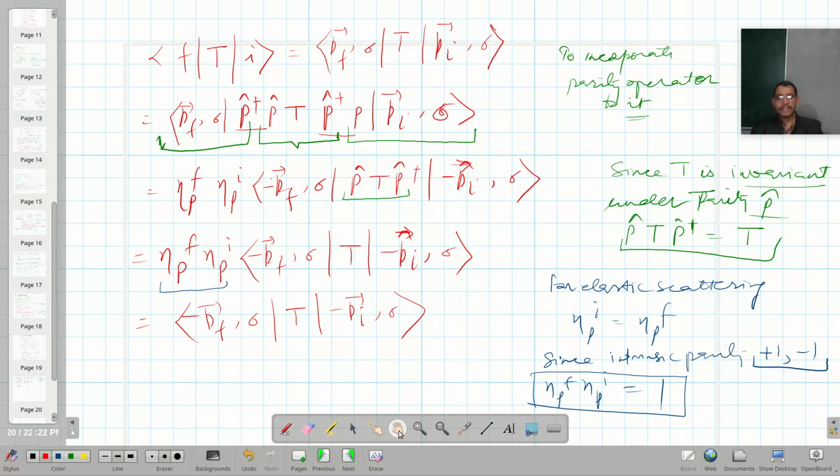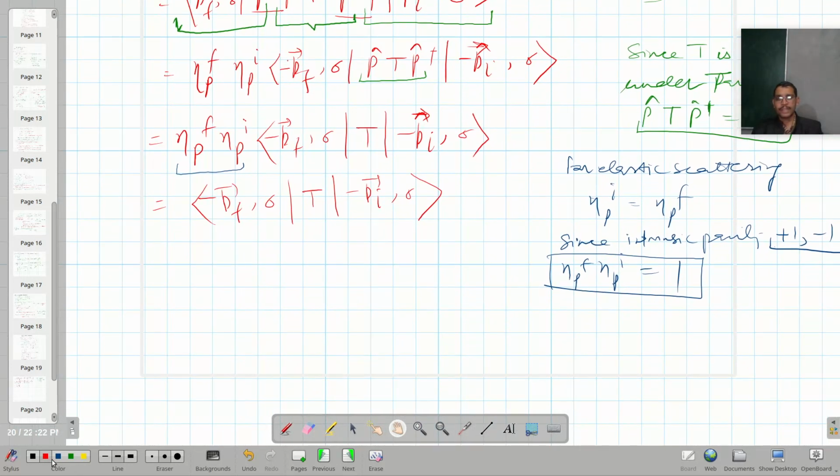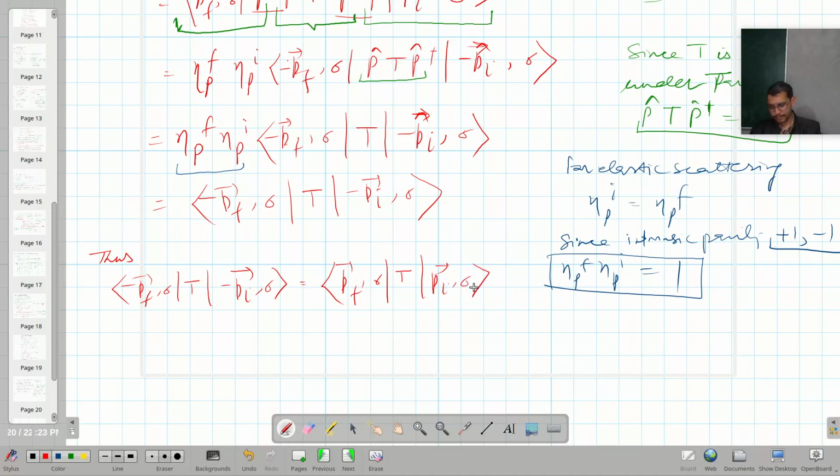So thus I can compile these two results, sorry, this result. So how do I write down? I can write down this as: P_f sigma T minus P_i sigma must be equal to P_f sigma T P_i sigma, right? So if we assume now, if we assume